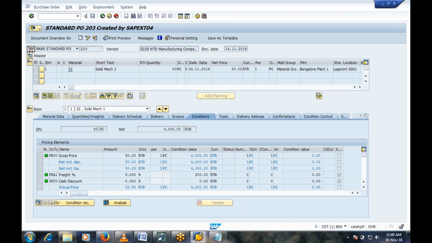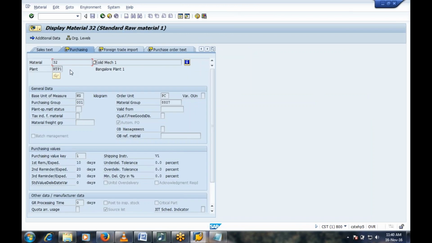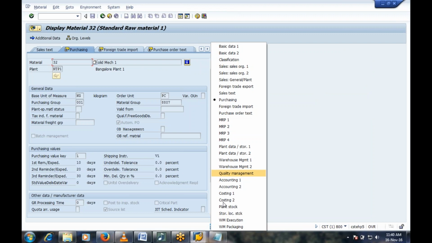And what is your material master current moving average price? Go to accounting one.